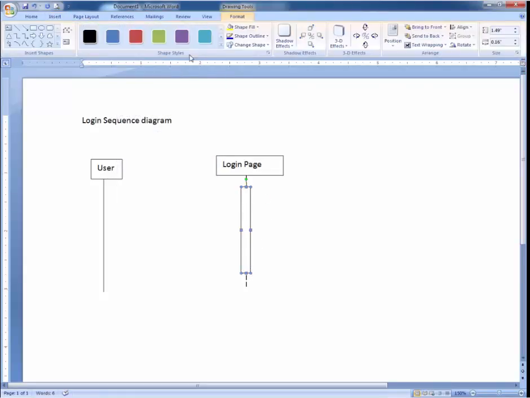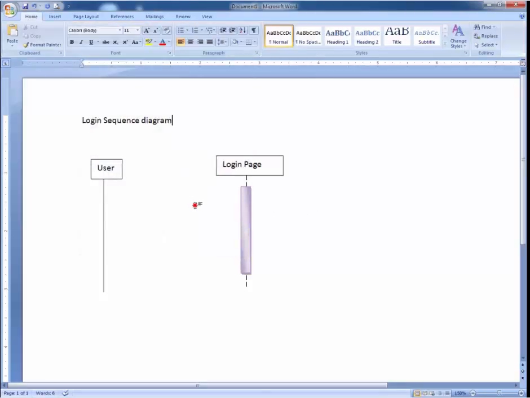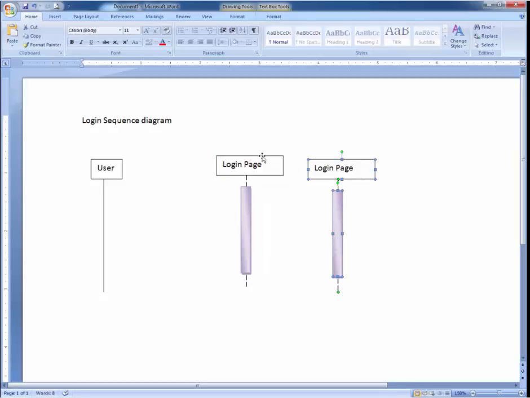This is our process, and we can color this with whichever color you want. This is our login page. I want to select all of this with Control and paste it. This is our login page.